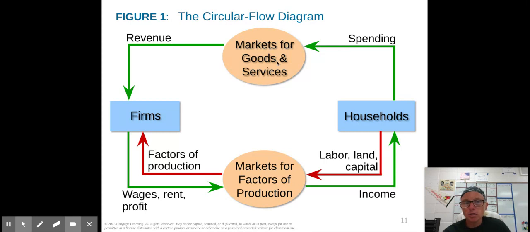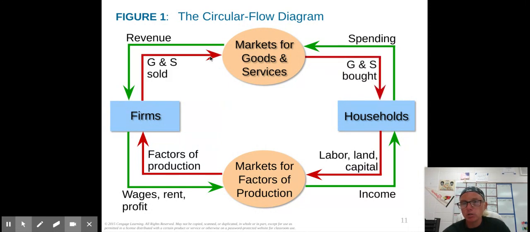All right. Now the market for goods and services is where we spend money on stuff. We go to Target and spend our money there, and Target makes the money because they, in return, are giving us goods and services. They are selling them and we are buying them. G&S is goods and services. Goods, remember, are anything that's actually tangible. You can feel it. Phone, pen,